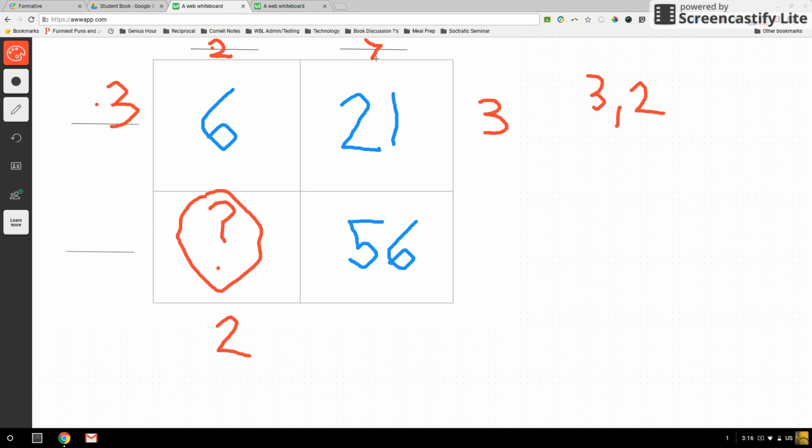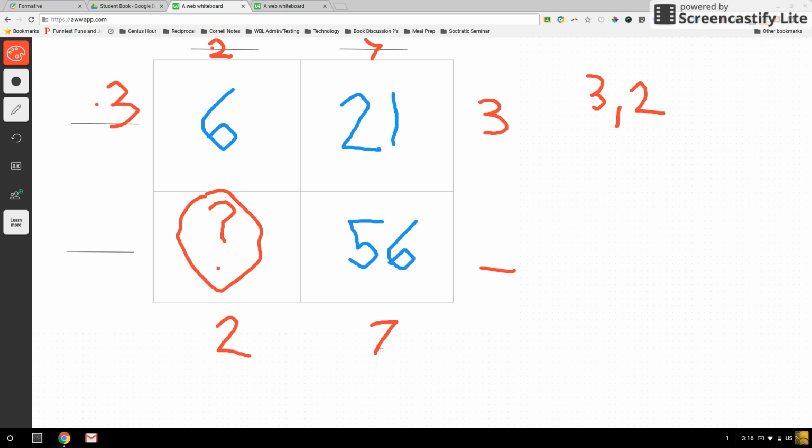I put a 7 in there. Whenever I put a factor, I go all the way across and I put it on the other side. Now I look, I'm still missing a factor here and I'm missing a factor here. Well, we don't know what this number is, so it's hard for me to figure out what that factor is,